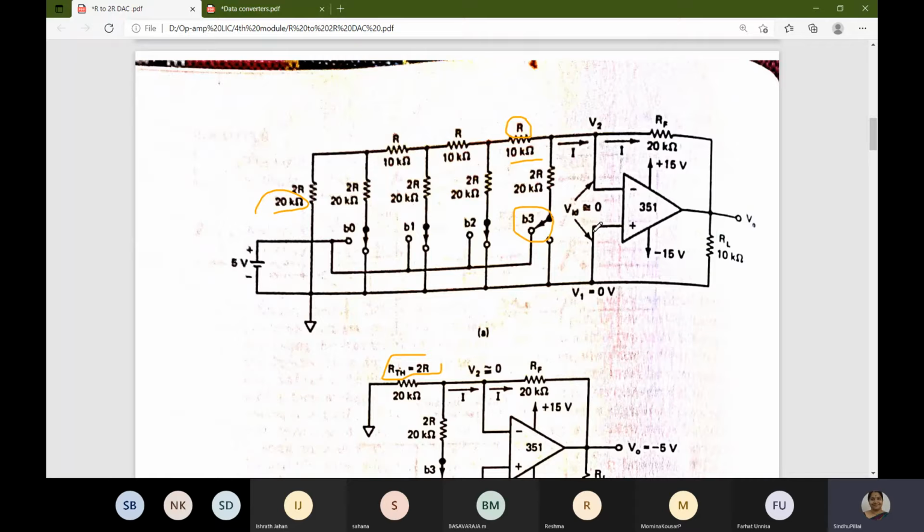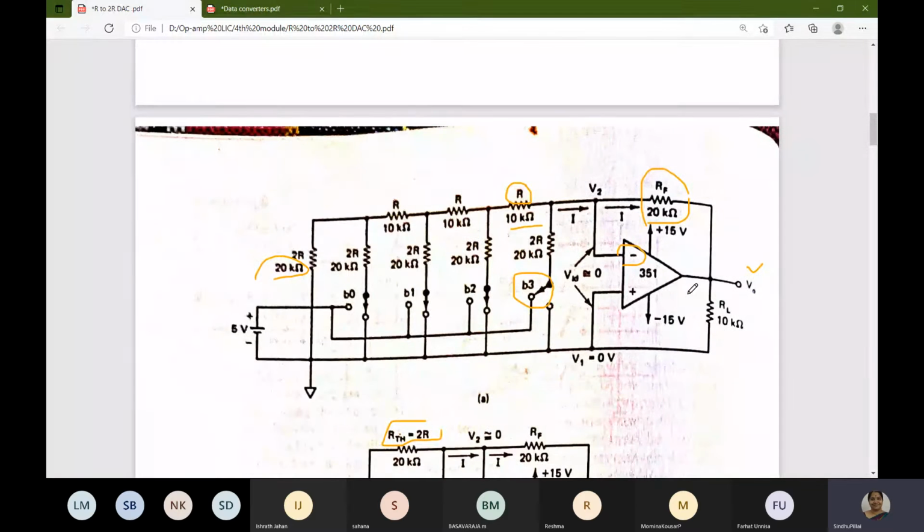And we have an op amp here, and the input, that is the plus 5 volts, is connected to the inverting terminal. That is important. It is connected to the inverting terminal, and the non-inverting terminal is grounded. And we have a feedback resistor RF that is also 20 kilo ohm. And the output V0 is taken from pin number 6, and the supply voltages are plus 15 and minus 15. Now we'll take one example. This is the R2R ladder network for 4 bits.